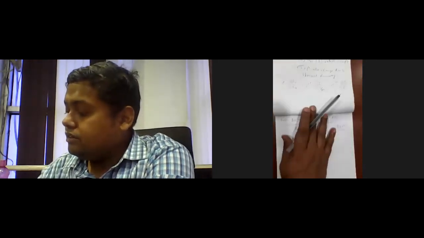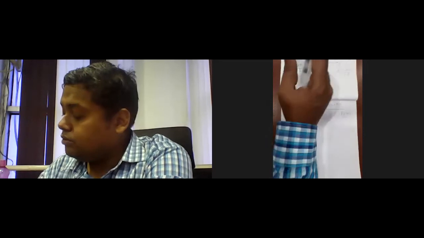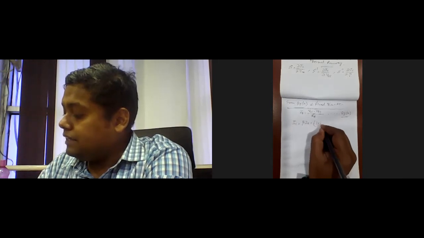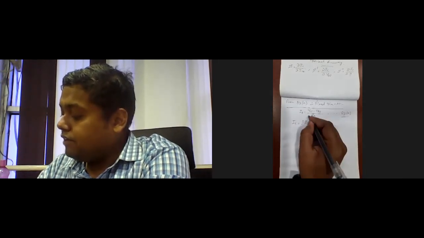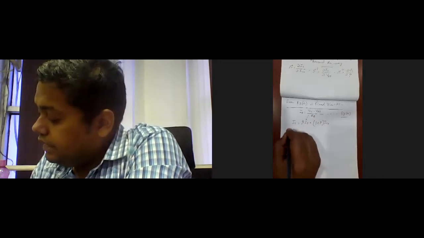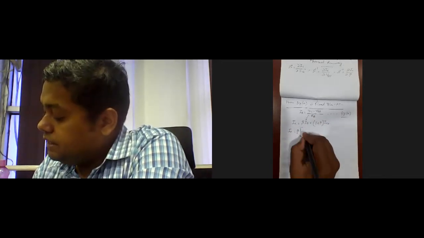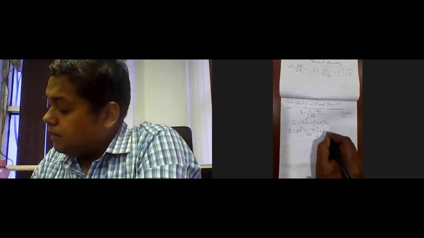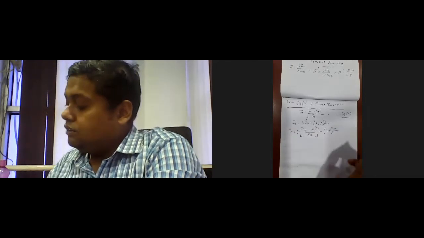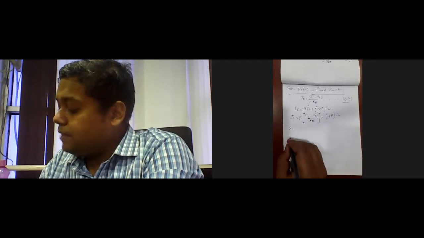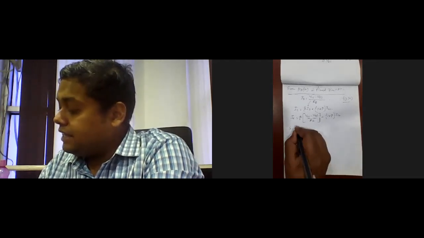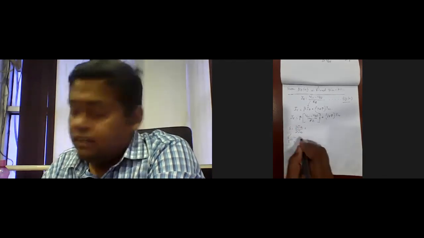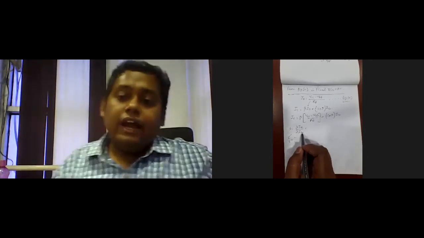So we now introduce this equation, that is IC equal to beta IB plus (1 plus beta) ICO. Now substitute the value of IB over here, then IC equal to beta (VCC minus VBE) by RB plus (1 plus beta) ICO. Now evaluate S, S prime and S double prime. What are the values? S is equal to del IC by del ICO. So take the partial differentiation of IC with respect to ICO and tell me the value.